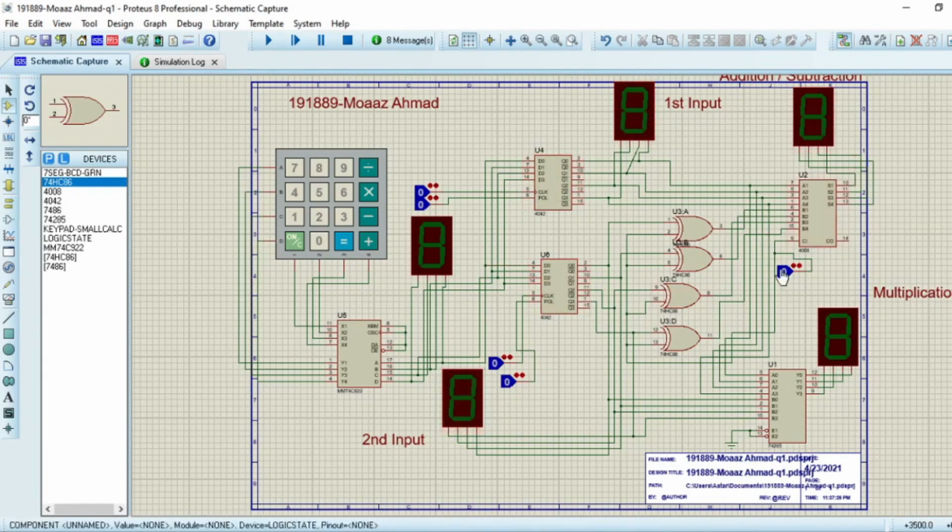Now here you can see that this circuit is used for addition or subtraction. When this is 0, this circuit will give us the addition, and when this is changed to 1, it will give us the subtraction. And the same is the case with multiplication right here. This circuit will give us the multiplication. Now if I run my circuit,